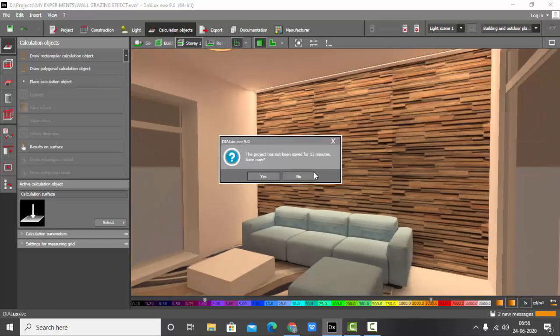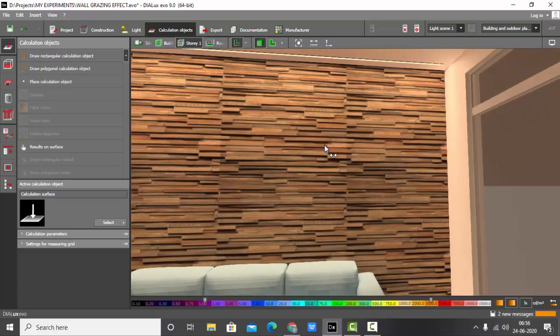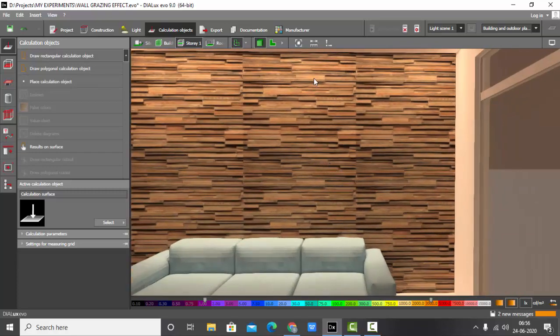You can see here my light is falling from here. It is bright over here, and as it falls down, it goes dimmer. Since this is not exactly wall cladding, still you can see we have some light and shadow effect.